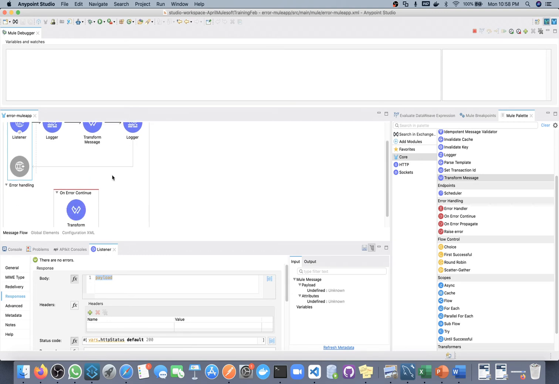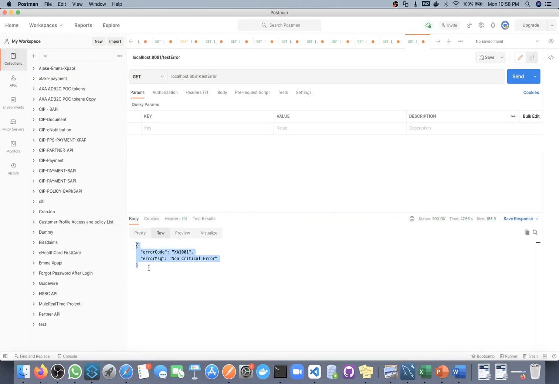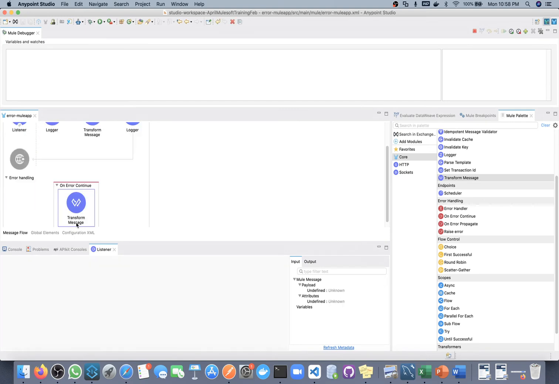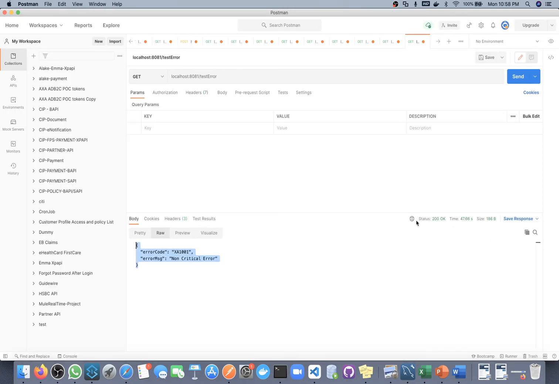Since we have an error, but this on error continue is sending success, our success response block will be executed. So body will be payload, so that's why we are getting this payload, since we have configured this payload here. And our status is 200.